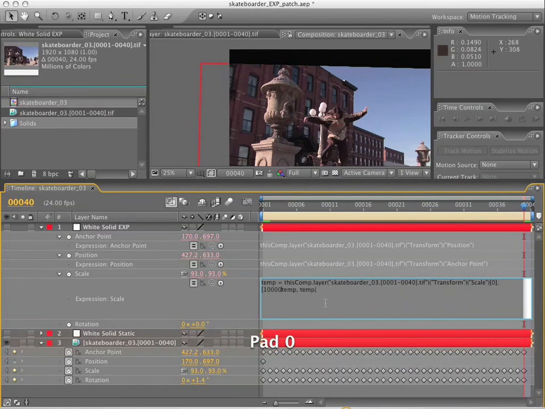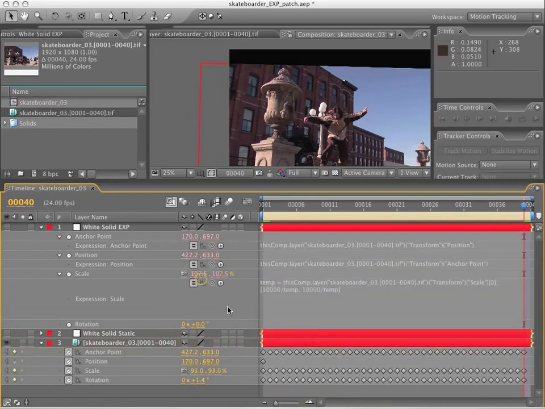And in order to invert this 93, because what we really want this 93% to become is 107% or something like that, 106 point, who knows what. The way to do that here is to say 10,000 over temp, and here 10,000 over temp, and that gives us that number that we want in order to make the scale pop back. So this is a very important part of the expression that you should take a screen grab of or just jot down. It's very essential to doing this